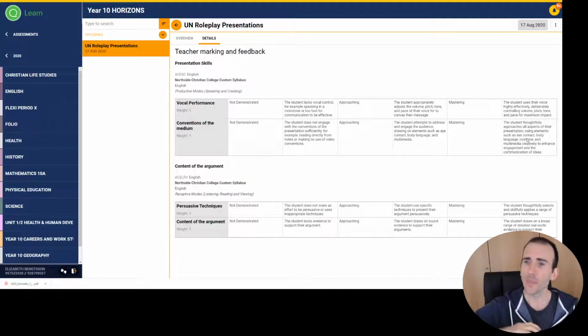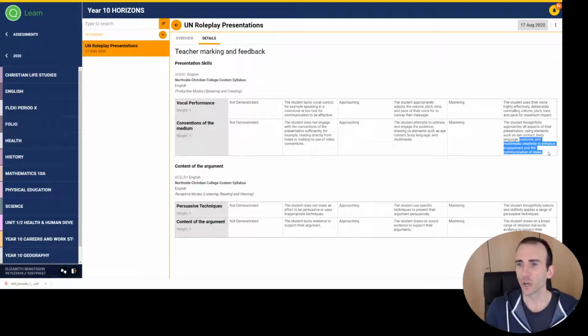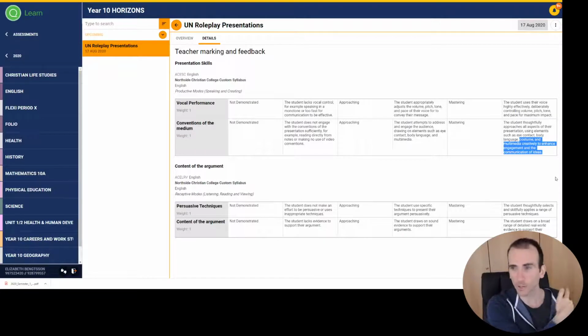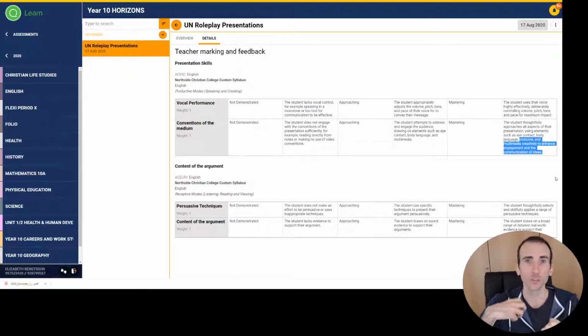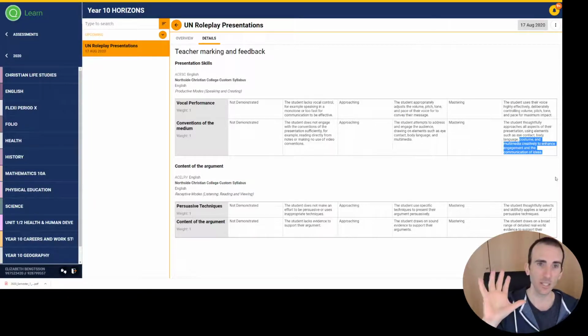And then beyond that, we've got, I guess, the more creative elements. You've got costume, backgrounds. You've got the ability to incorporate multimedia, to put things on the screen in front of you, all of those things to help you communicate your ideas as effectively as possible. So be creative, be deliberate as you try to persuade the other members of the UN to agree with you on what you're arguing. So that's the presentation side.